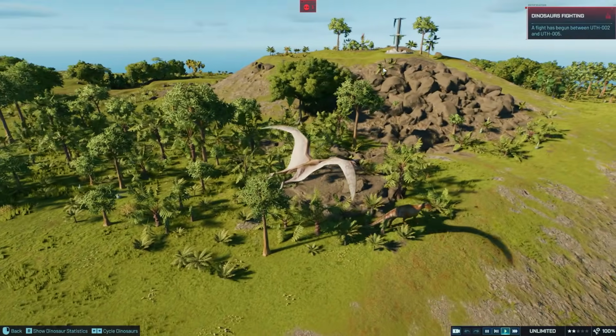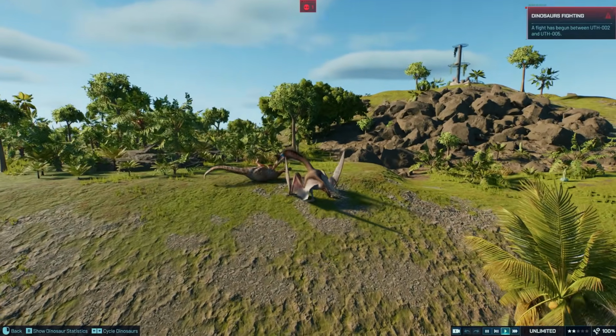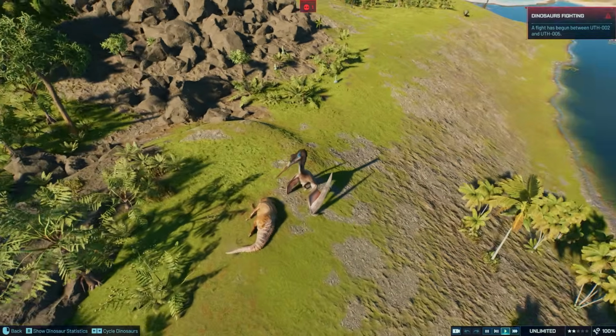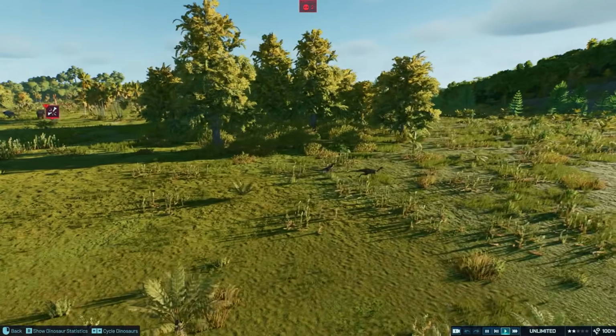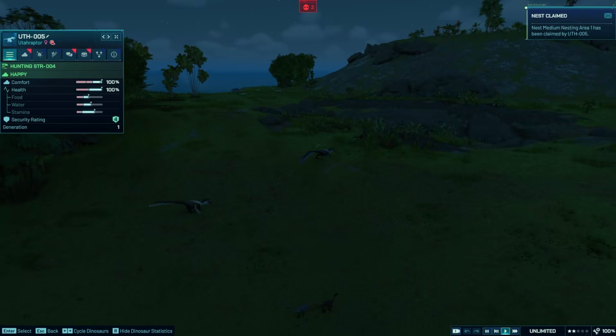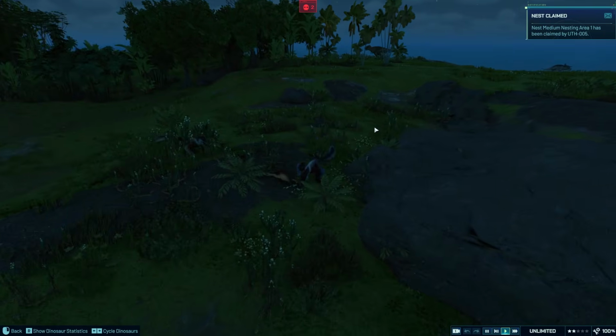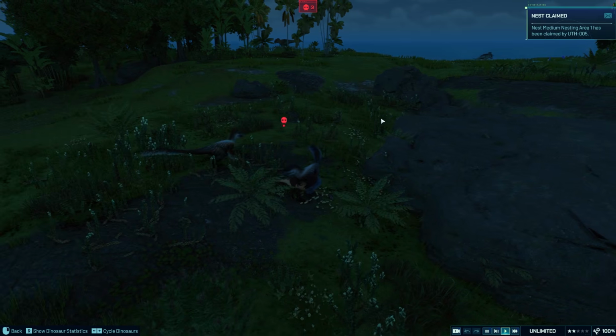And here a Quetzalcoatlus catches an Edmontosaurus who strayed too far away from the herd. It is just way too dangerous to step away from the safety of that herd. And here's the Deinonychus taking down yet another Dryosaurus. And here we have a female Struthiomimus getting hunted down by a couple Utahraptors right in front of her